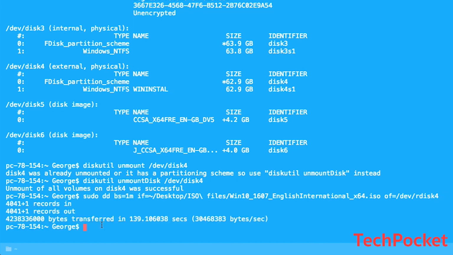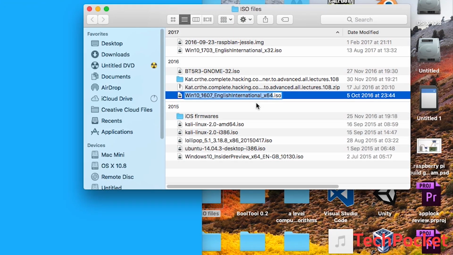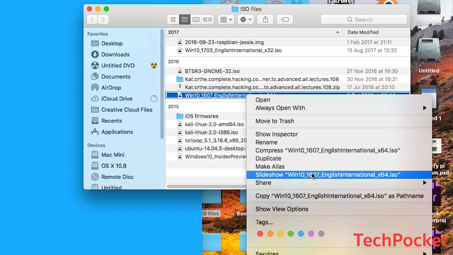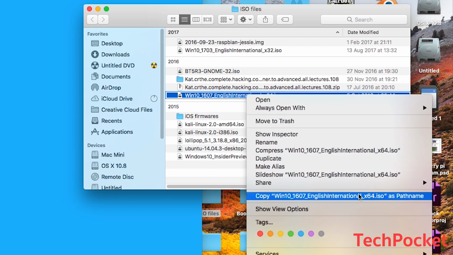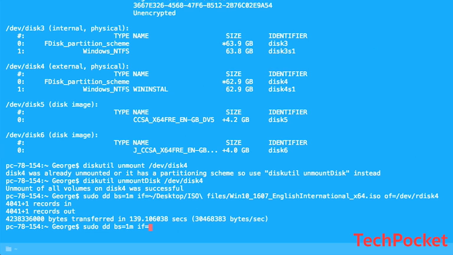Alright, so now your ISO file is burned onto your USB stick. Before moving on, I need to mention something I forgot to mention earlier: if you don't want to bother typing your path name into the terminal, then you can simply locate your ISO file in its folder, right click on it, hold Alt and click on copy as pathname. Then type the command as you normally would, and after the if option, paste the path name of the ISO file. Lastly, I'm going to eject my USB stick, so I'm going to type diskutil eject